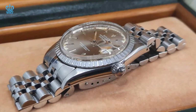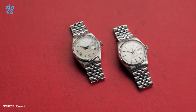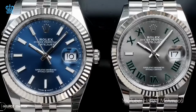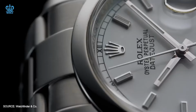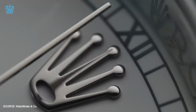In the 1970s, Rolex introduced the caliber 3035, featuring a quick set date function. This improvement addressed the inconvenience of manually resetting the date on earlier Datejust models. In 1988, Rolex replaced the previous acrylic crystals with more robust sapphire crystals, enhancing scratch resistance. The late 90s and early 2000s witnessed a shift from tritium to Luminova and then to Superluminova in Rolex's luminescent